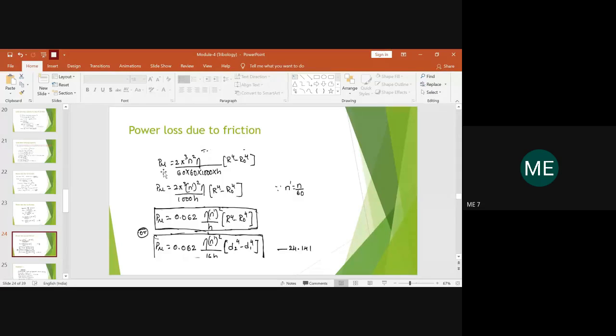So power loss due to friction can be represented by P suffix mu. So mu stands for friction. So power loss due to the friction force will be equal to,